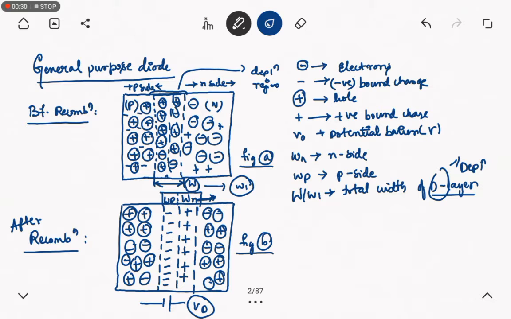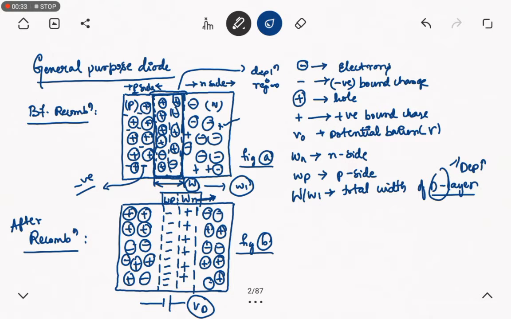And here is how this process takes place. We can see the junction here. This is the junction region. Here we can observe the junction region. What happened here is the holes from P side, that is positive side, jump to N side and recombine with the electrons, leaving behind the positive charges. Similarly, the electrons present in the N side jump to P side, leaving behind the negative charges on P side. This is the simple process which is happening here.